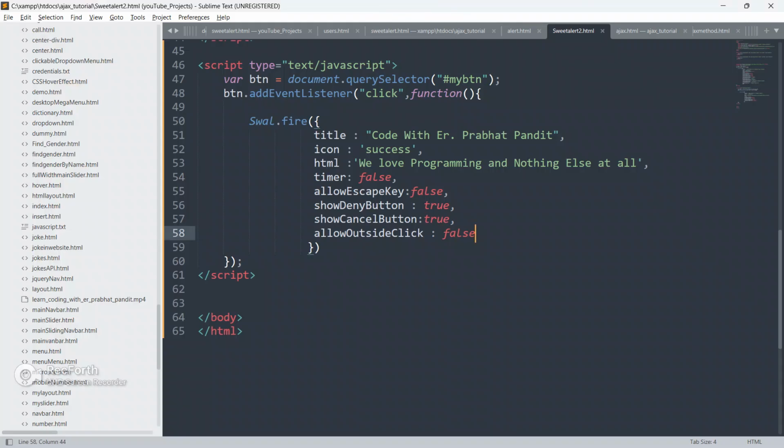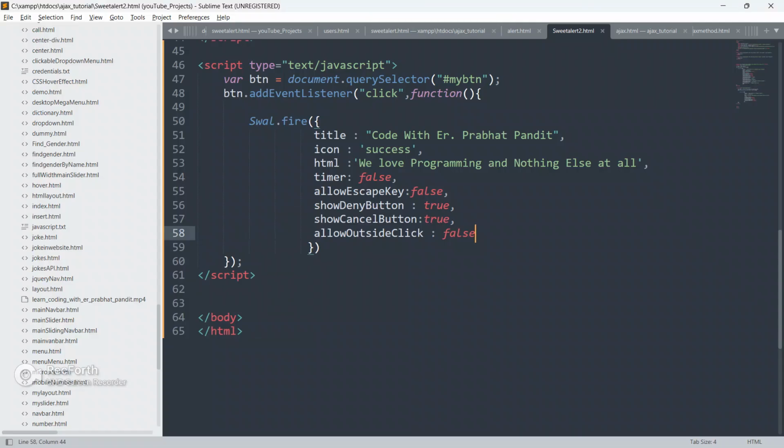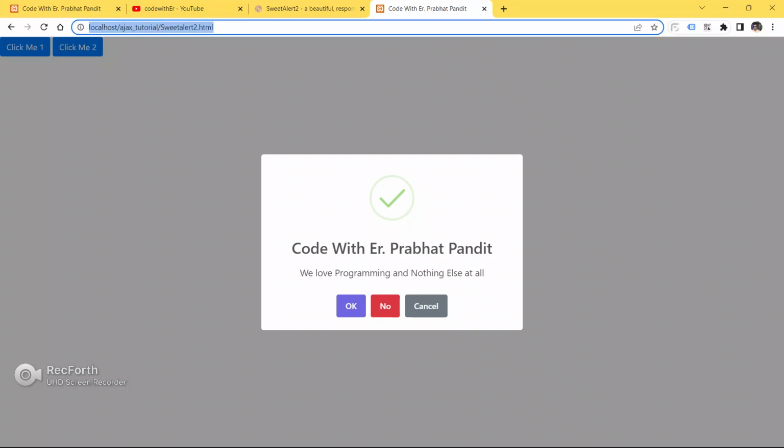We can't do anything by clicking outside of this modal as of now, because we have given allow escape key as false. As of now I have set timer to false, so give the timer now as 500 milliseconds. Save your code, go to the browser, and after the timer ends this modal will be dismissed on its own.